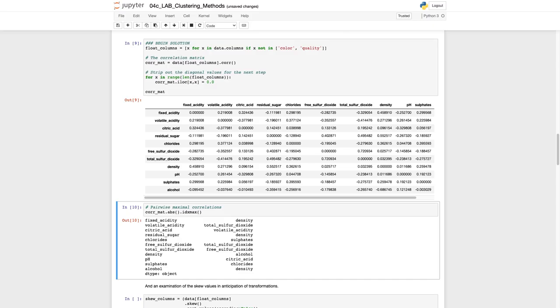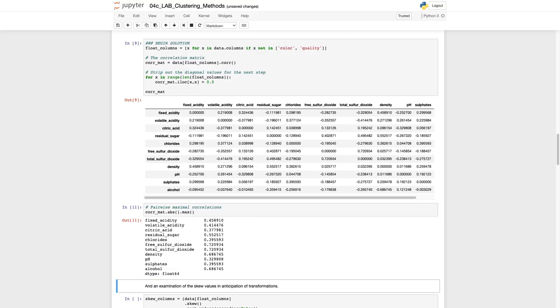And we see that fixed acidity is most highly correlated with density. And we could also even just call .max if we wanted to see what the maximum values are. And we see some high correlations between certain values. And the reason why this is important